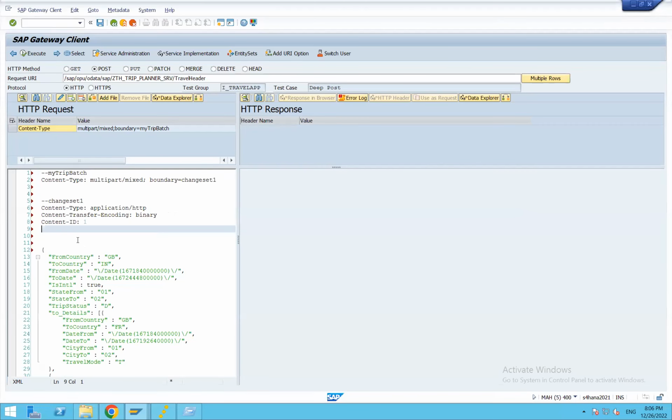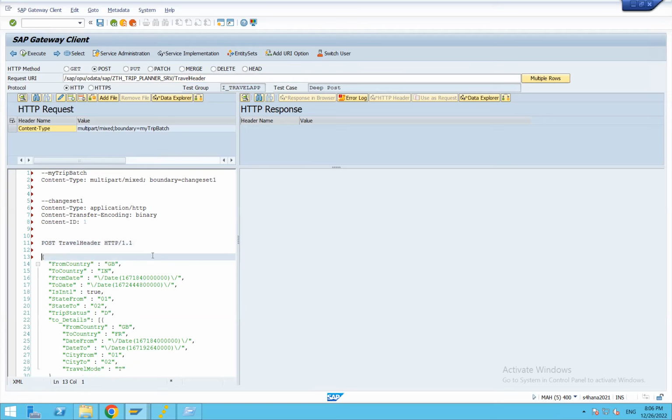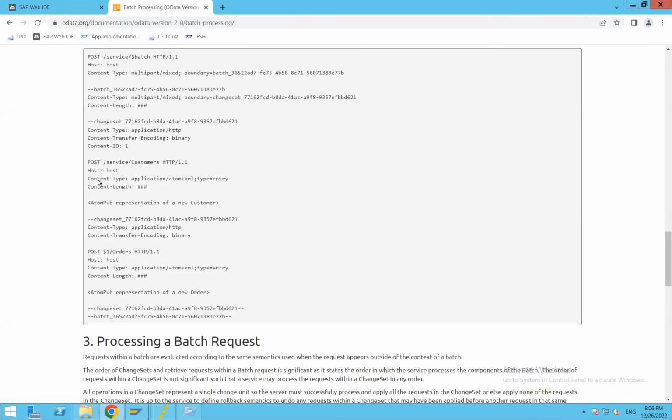Let me copy this call the details, POST. Yes, I'm going to make a POST on what? This is my entity set. I will be replacing this with my entity set. So I'm going to post travel header. That's correct. So now this is going to be my payload, and content type is going to be